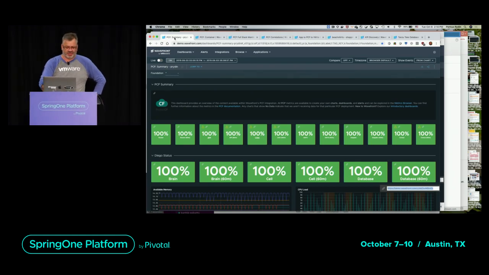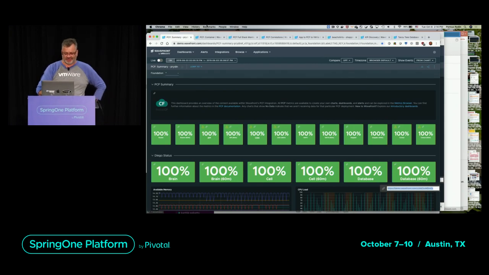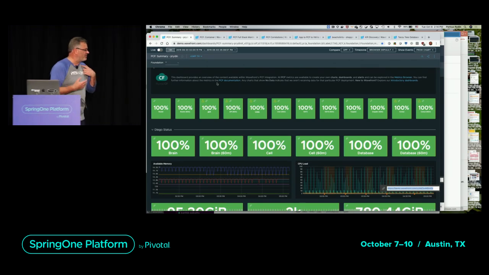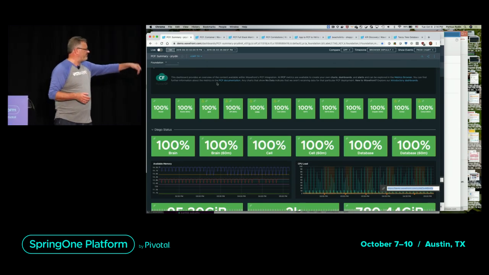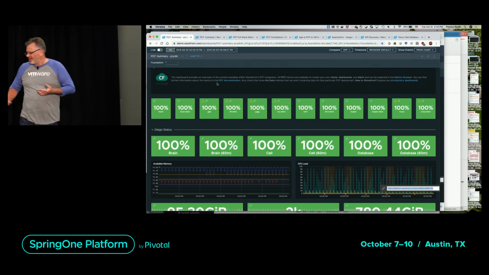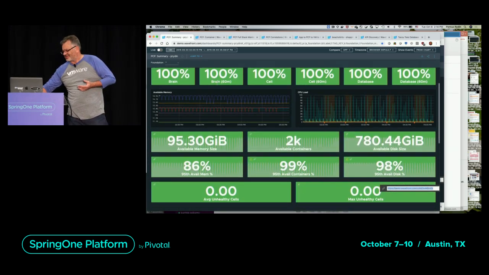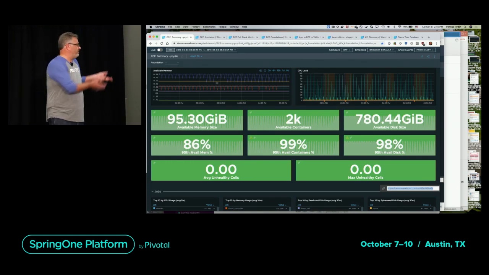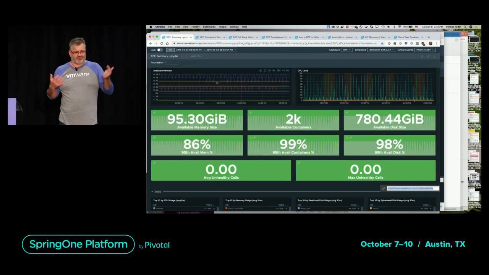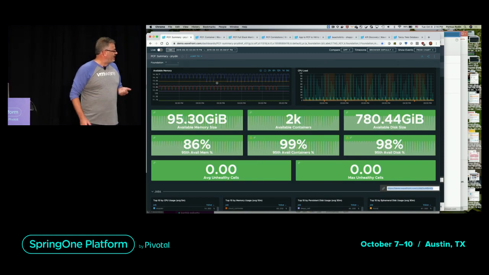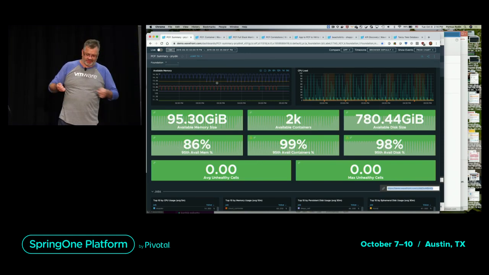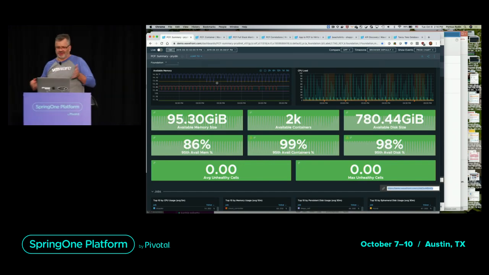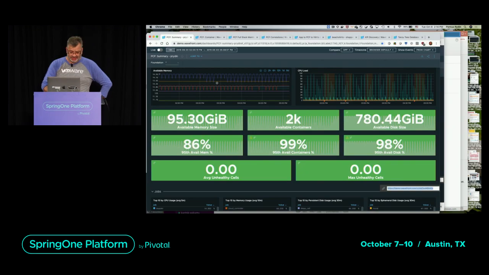So one of the first things you want to know is, is my PCF environment healthy overall, right? So you want to get just some basic red-green kind of monitoring, and you want to see things like available memory, CPU, how much disk space you have left, those kinds of things. This is typically somebody who's operating Pivotal Platform. They have this as their NOC view, or whatever you want to call it. That's what they're staring at. And when something here goes red, they need to do something. But this is still a pretty simplistic view of the world. This is very much operator-centric.